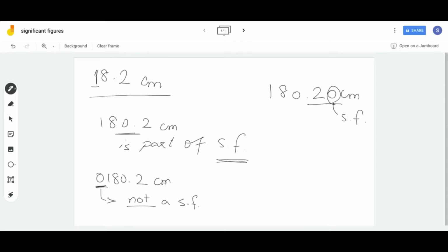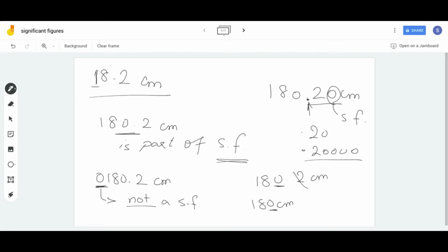Whatever is after, or towards the right of, this decimal point is going to be a significant figure. So it could be 0.20 or 0.20000, or however many decimal points we can get up to. And similarly, zeros to the left of the decimal point may or may not be a significant figure. For example, if I write 180.2 centimeters, this is a significant figure. However, if my instrument is unable to measure this 0.2 value, I can write 180 centimeters,